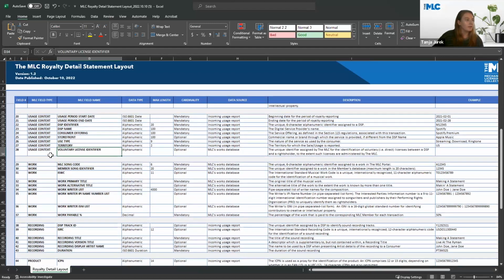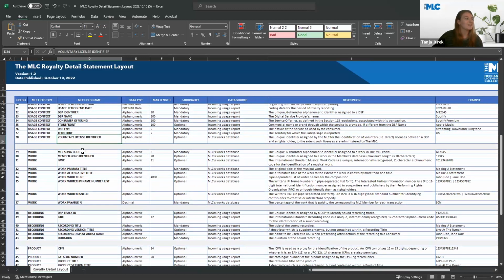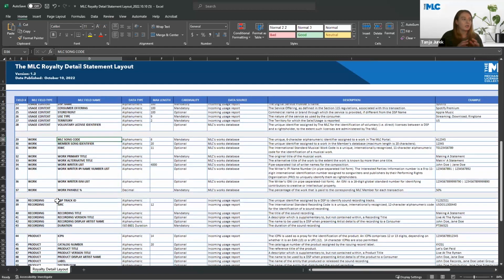So following all of the usage information, bear with me, we're getting through this. You'll see all of the MLC song code, song, and writer identifications. So this is the work level info. So each specific song that you're getting paid for. So you'll see the song code, the song identifier,